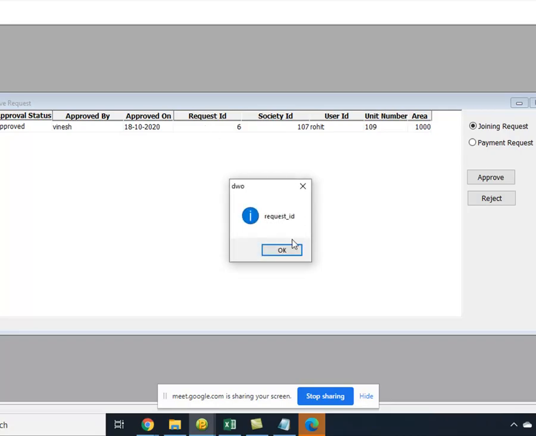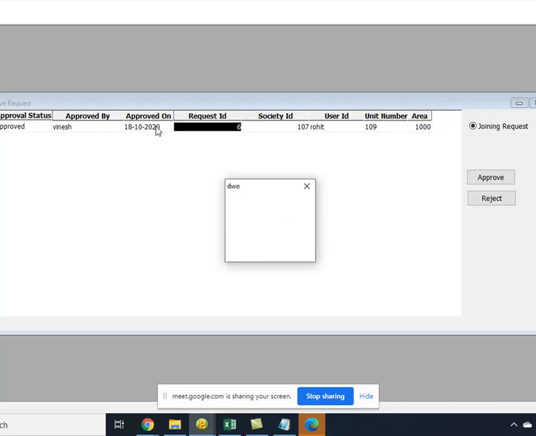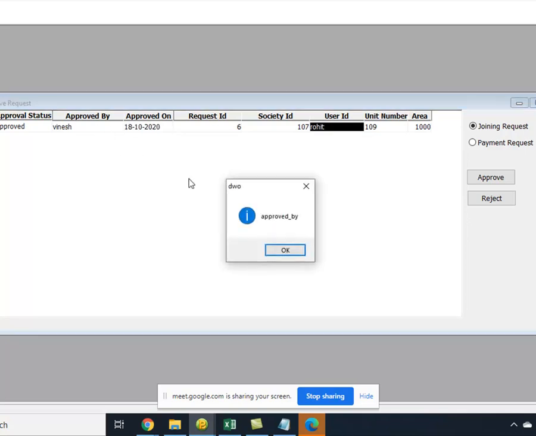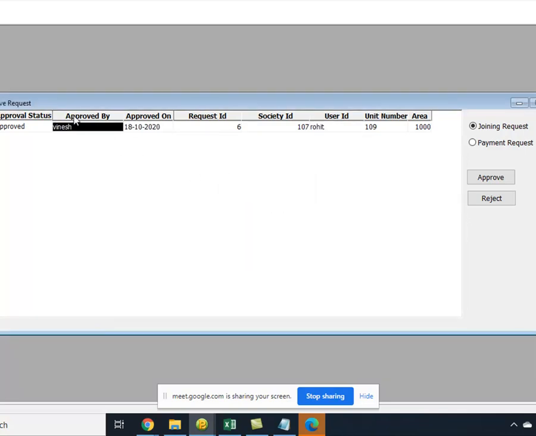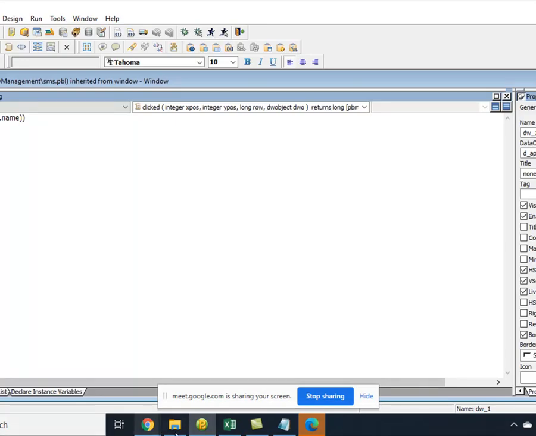If you click on a column, you can see it returns the column name. And if you click on this one, it returns the header name. Perfect. So watch carefully, this is a very good thing.